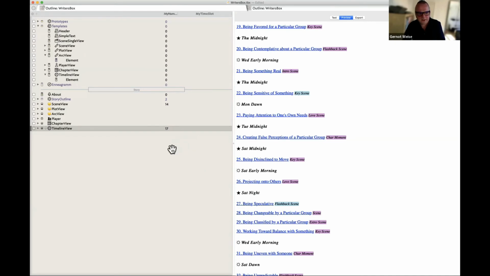What I have in my current work in progress is an attribute for the page numbers, so I can track how many pages I have already, and maybe also where the midpoint is. Maybe I can see, okay, this is 100 pages, this somehow fits the story as well. Right, and for those that might be watching, I can see where the confusion is. So Tinderbox has a view itself called timeline view.